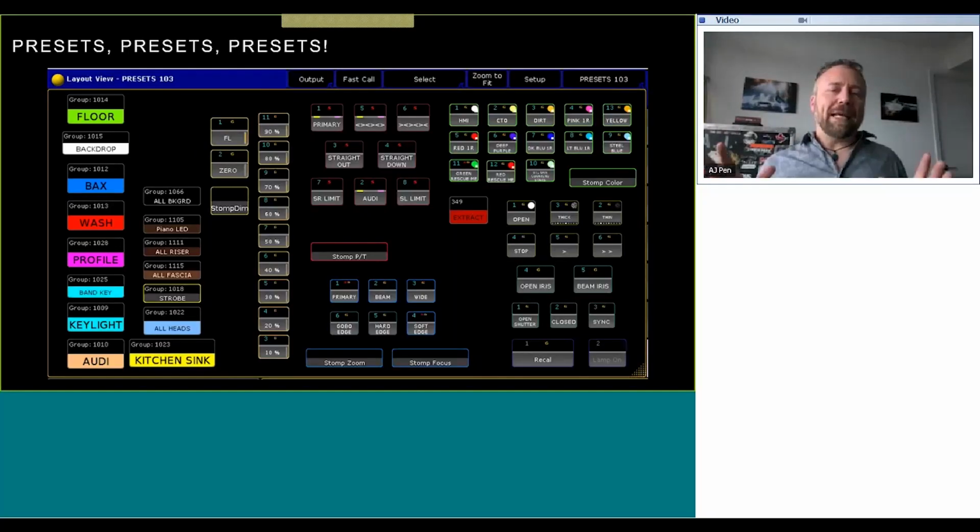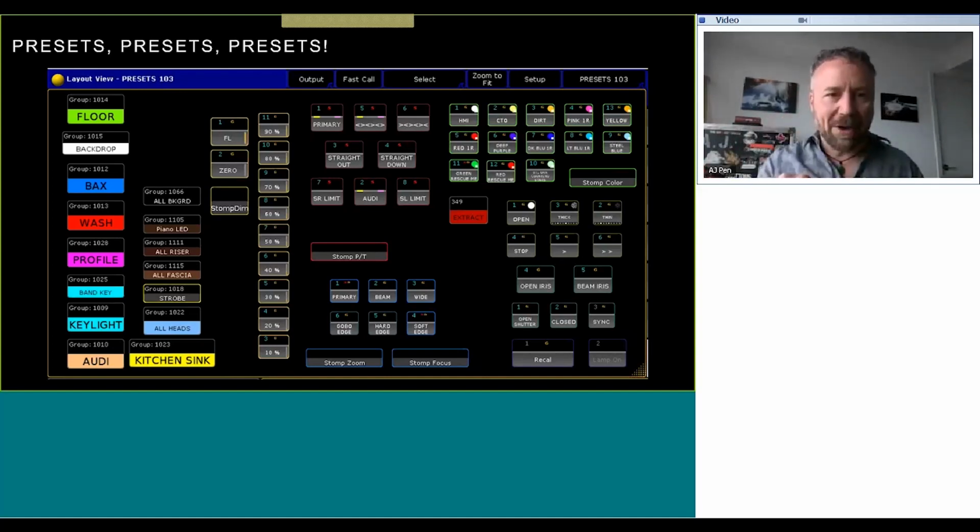And finally, presets, presets, presets. Anyone who has taught anyone to program for a tour says you have to use presets. Stay away from those hard values. The preset is something you can update throughout the entire show. I take this a step further and say, be parsimonious with these presets. Use as few as you actually need, just the essential ones.